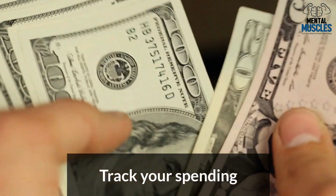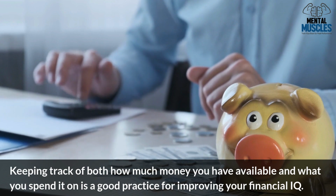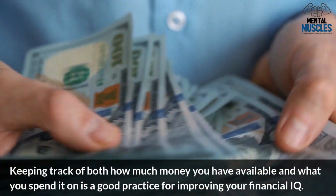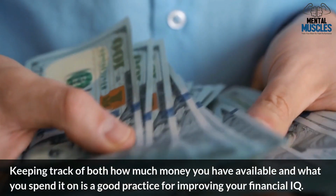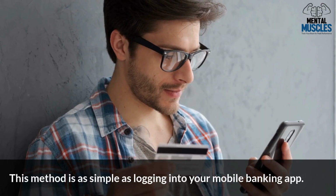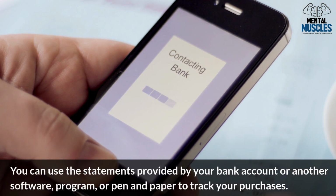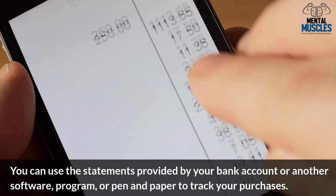Track your spending. Keeping track of both how much money you have available and what you spend it on is a good practice for improving your financial IQ. This method is as simple as logging into your mobile banking app. You can use the statements provided by your bank account or another software, program or pen and paper to track